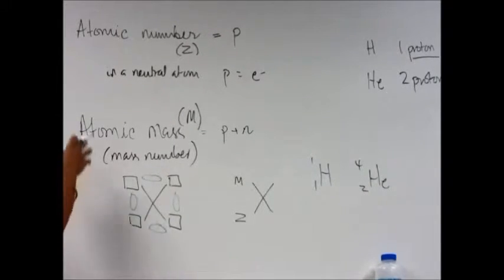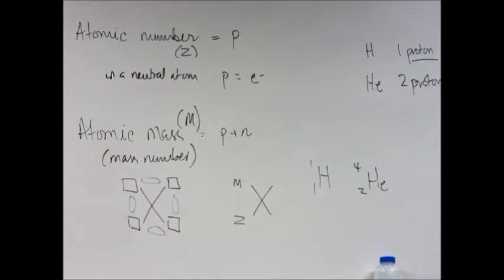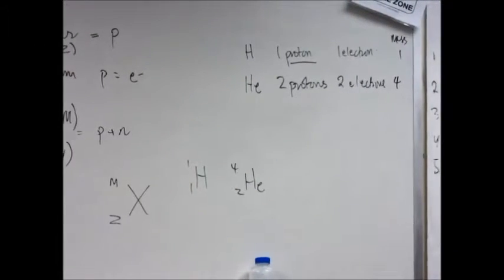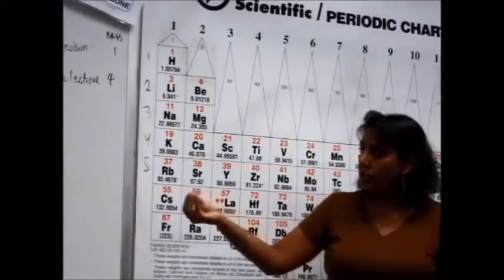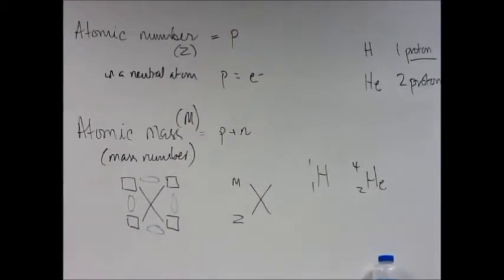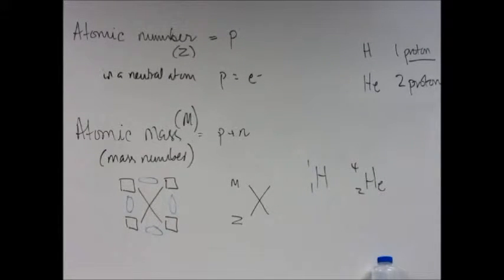So, atomic number and atomic mass. Now for the question that you brought up regarding the numbers. I mentioned that the mass number is the red one over here, which is a whole number, as it should be because it is protons and neutrons. But it turns out that the atomic mass is not a whole number, even though you're adding the number of protons and the number of neutrons. If there is 1 proton and 1 neutron, that should give you exactly 2, not 2.1.